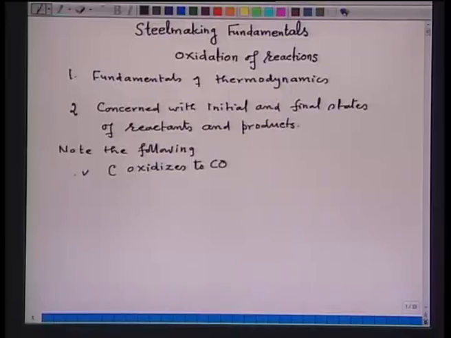Number 2, sulfur removal occurs under reducing slag, meaning thereby that in an oxidizing atmosphere, removal of sulfur though it occurs, occurs to a very minimum extent. The ideal location for removal of sulfur is the blast furnace, because in the blast furnace there are highly reducing conditions. So, most of the sulfur is eliminated in the